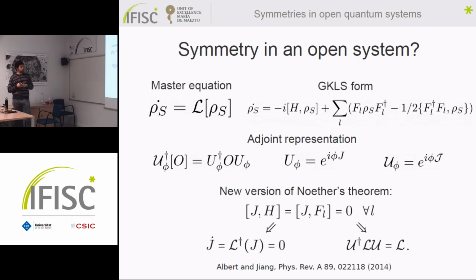So you see, there is this difference. Now, for the experts on the topic, there is actually an extended theorem that says that if we take this GKLS form of the master equation, with the Hamiltonian and the jump operators, and everything commutes, then we recover Noether's theorem. So we have conserved quantity and symmetry at the same time, but otherwise no. This is something for an expert of open quantum systems. Don't worry if you don't understand this. Sorry, yeah, like your conserved quantity, you have a conserved quantity associated to this symmetry.